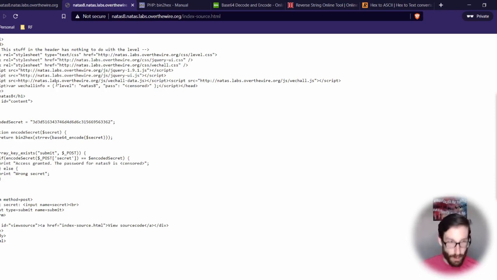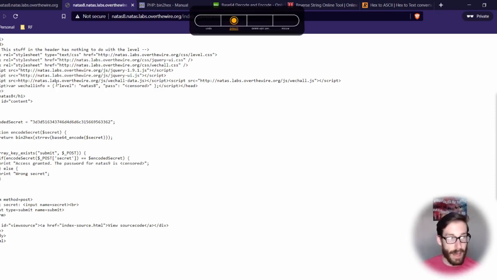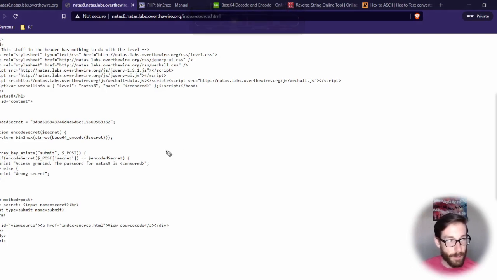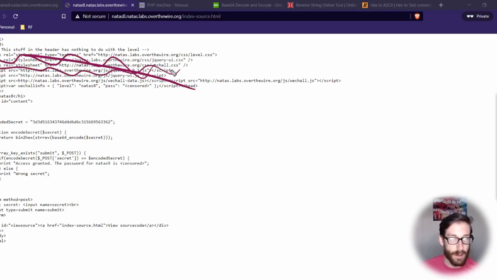And as usual, we don't necessarily have to look at any of the header. Remember, in the previous sessions that we've had, basically this entire section is useless. Not useless, but in this challenge, we don't really care about it. We want to focus on the things that matter. And if you come down to here, you can see that we have a block of PHP code. And you know that it's PHP code based off of these brackets and these question marks, which signifies where the PHP code sits inside of an HTML page.